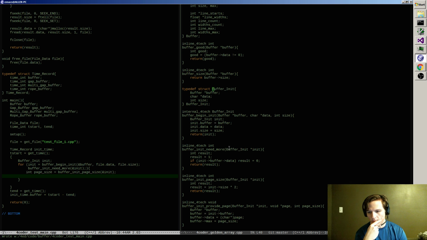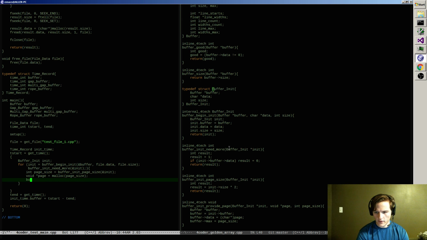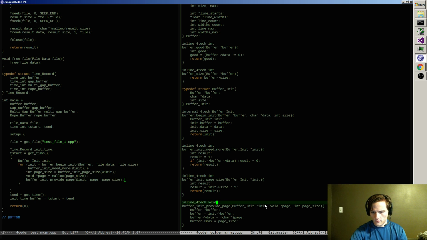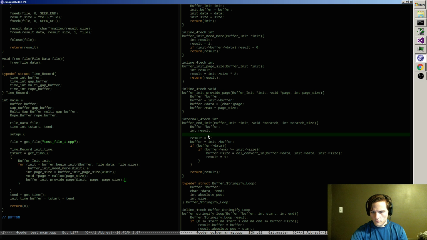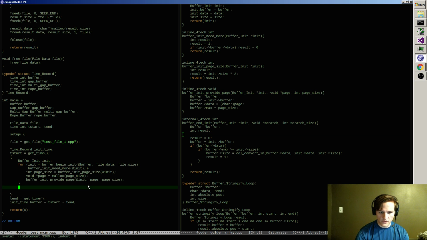So that gets us a page size, and then I can do the required malloc. And pass that into the provide page function with the init pointer, page, and page size. When the whole thing is done, I have to call end init, and I want to test that it actually comes through, right?